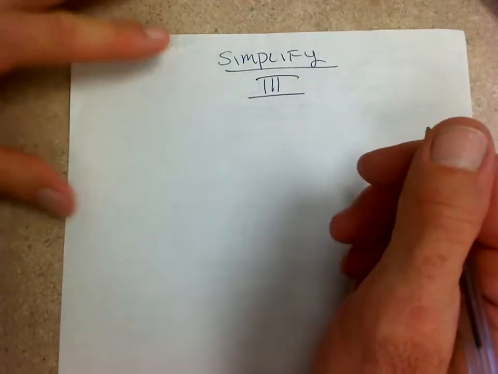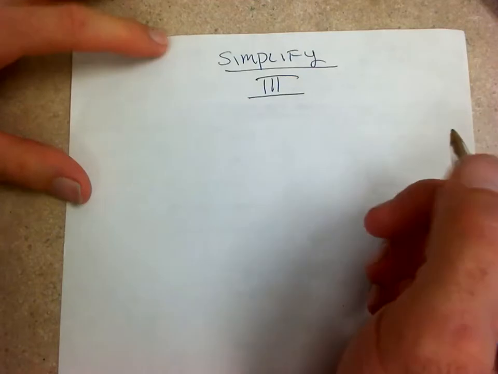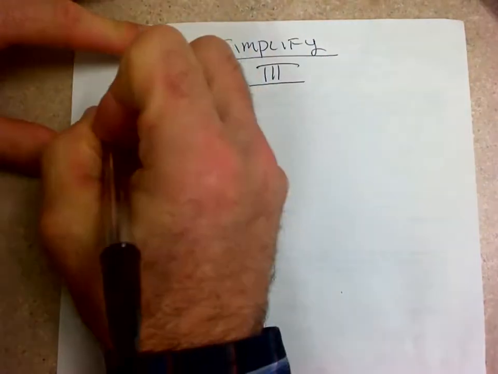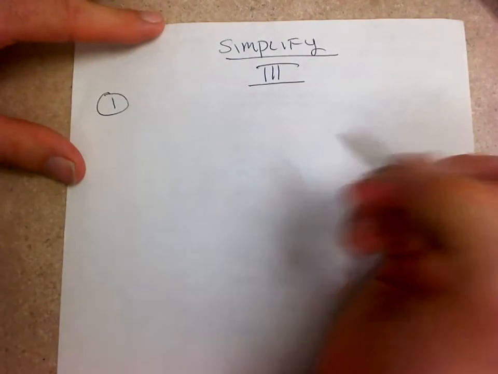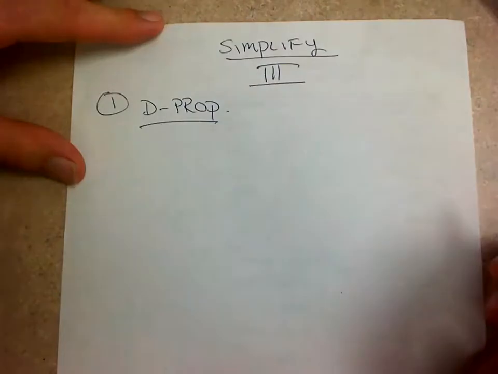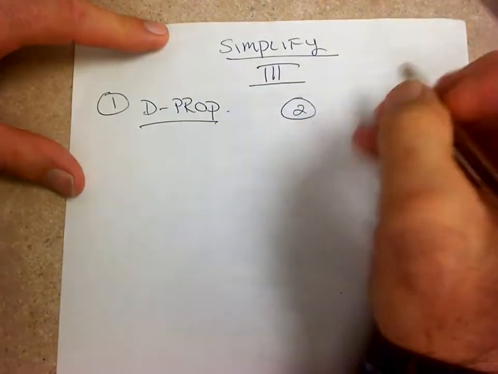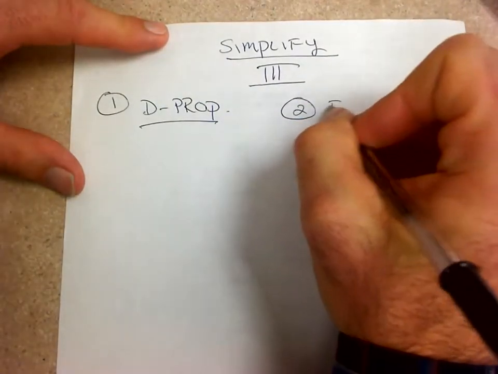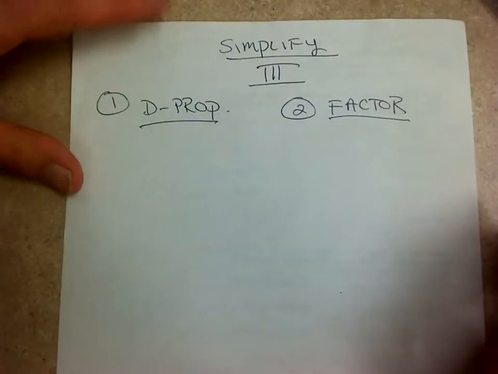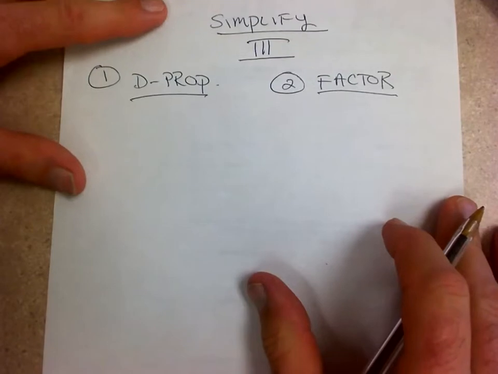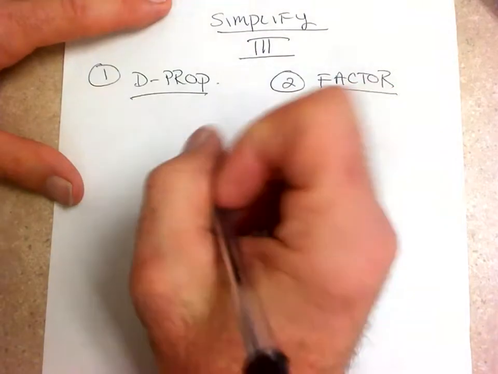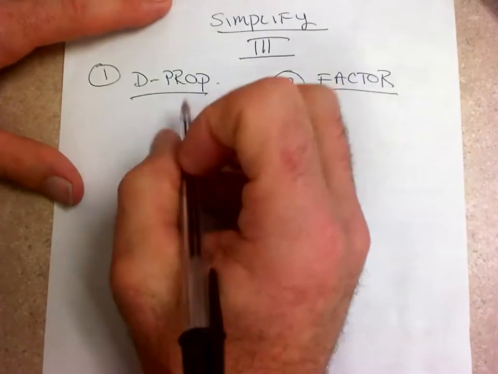All right, so chapter 3, simplifying, part 3, our third go around with simplifying and practicing with our expressions. Remember, we're basically focusing on two areas today: distributive property and factoring. So, focus on distributive property first. We pointed out in class today